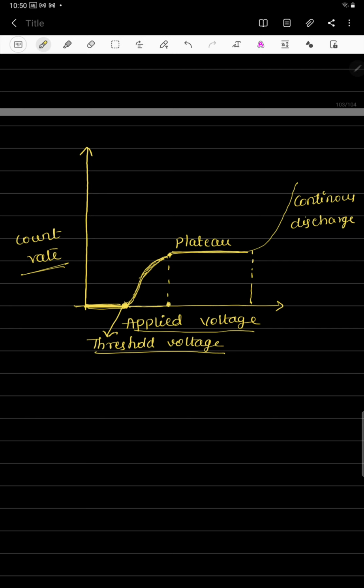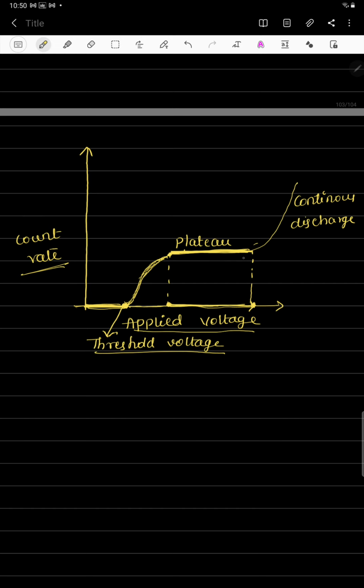Then further, if you go on increasing, all the secondary electrons are accelerated, an avalanche of electrons is accelerated towards the battery, then again a voltage drop takes place. In this region, a complete discharge of the gas present in the metallic chamber takes place, and all those electrons are accelerated. In this particular voltage range, the count rates will be almost constant. As we increase voltage, there is no change in the count rate.